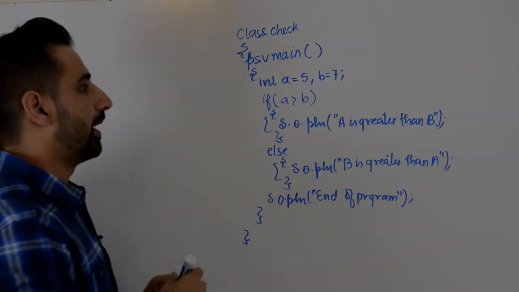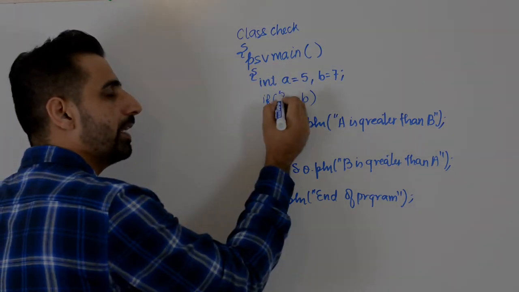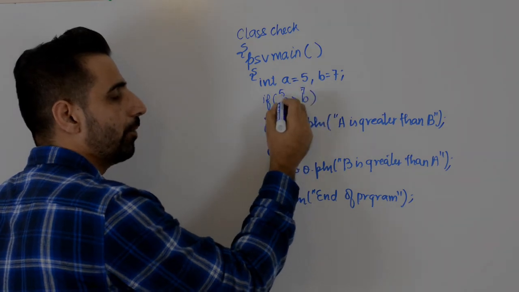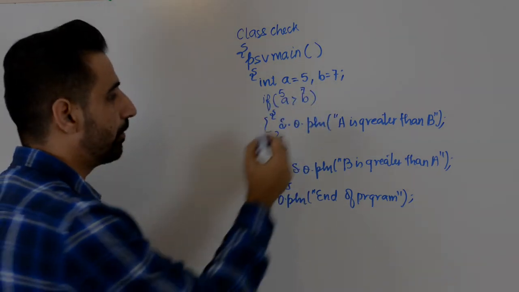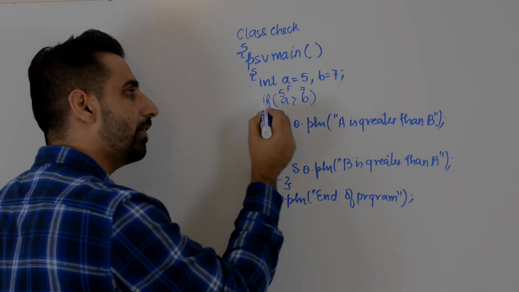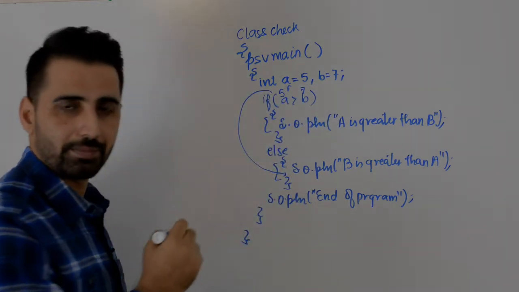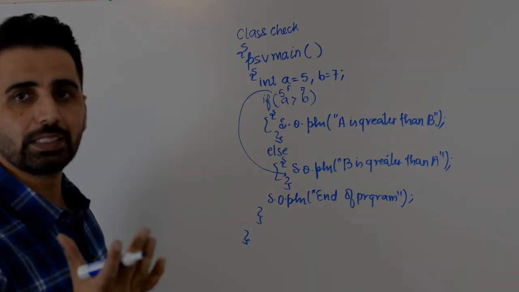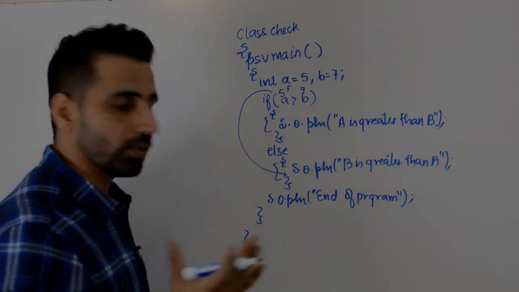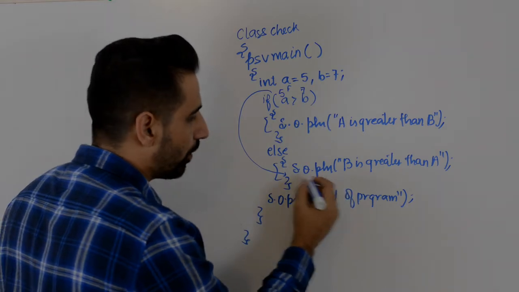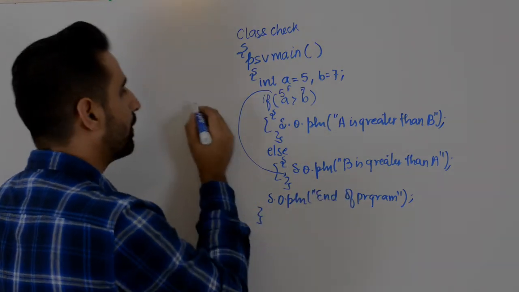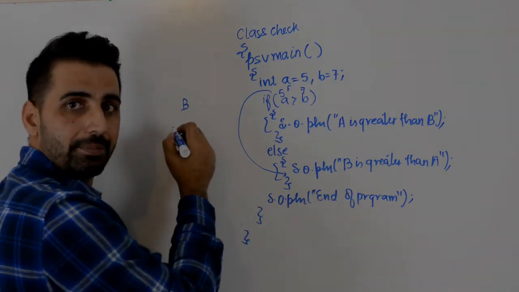Now what's the value of a? Value of a is 5. What is the value of b? 7. Is 5 greater than 7? No, it is false. If the condition of if is false, then which part will run? It will go to the else part. I already told you, else will not use a condition, so it will go to the else part. So what will be the output? Output will be B